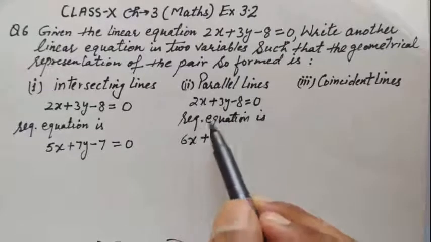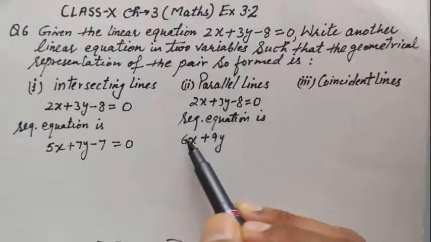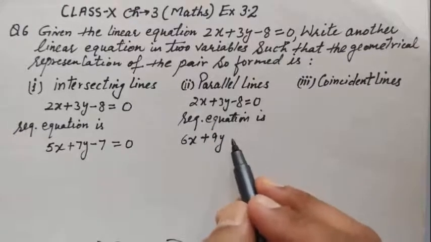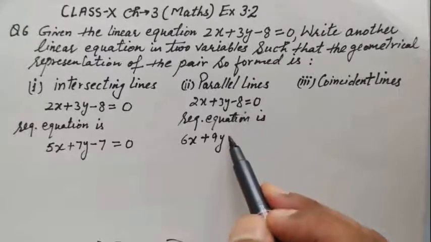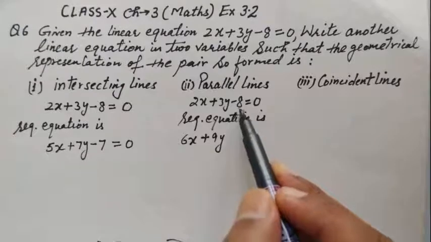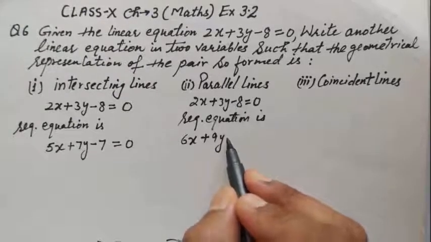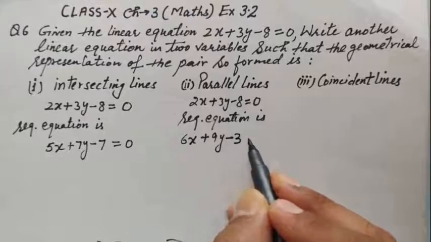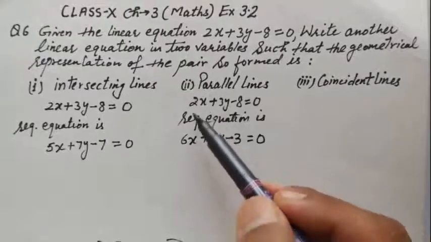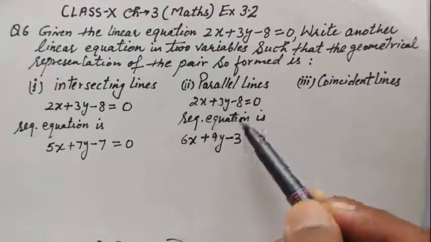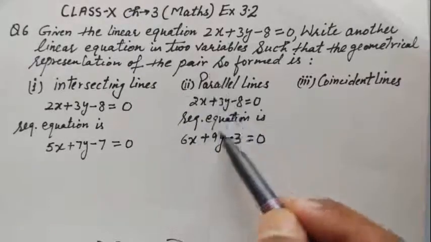But now c1/c2 should not come out equal to 1/3; anything else can come. So here you cannot write minus 24, because then c1/c2 would also be 1/3. Anything else you can write: minus 3, minus 2, no problem, but not minus 24. So the condition is a1/a2 is 1/3, b1/b2 is 1/3, and c1/c2 is 8/3. So these are not equal to c1/c2, and these lines are parallel.